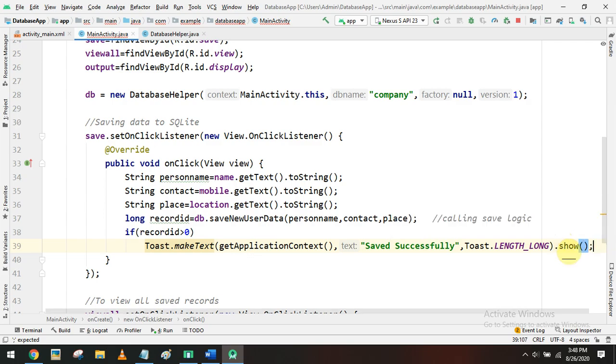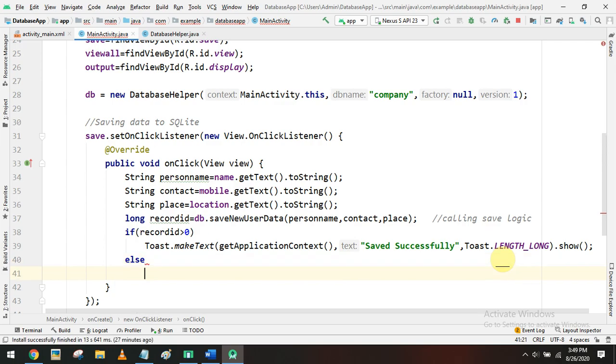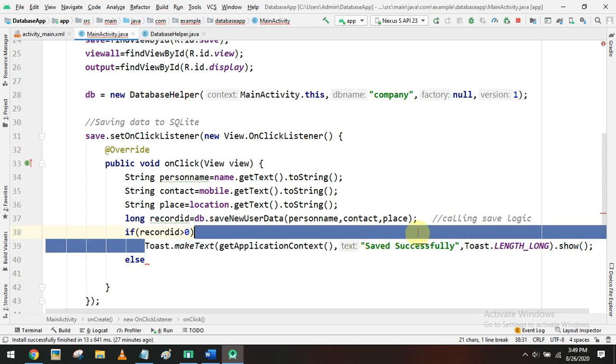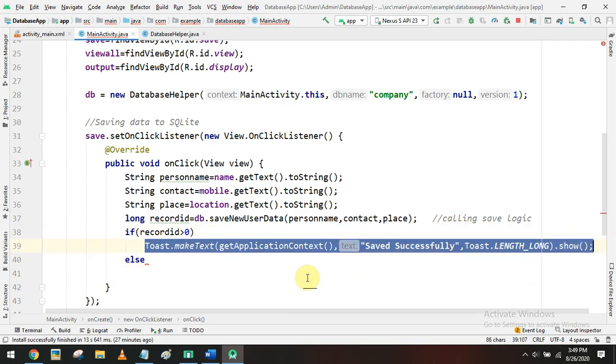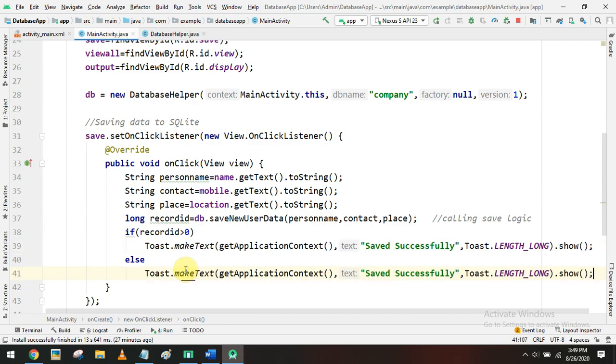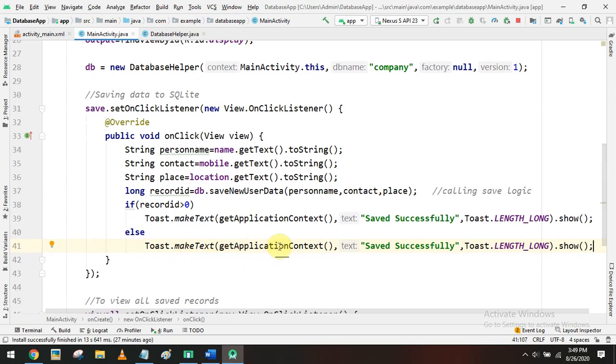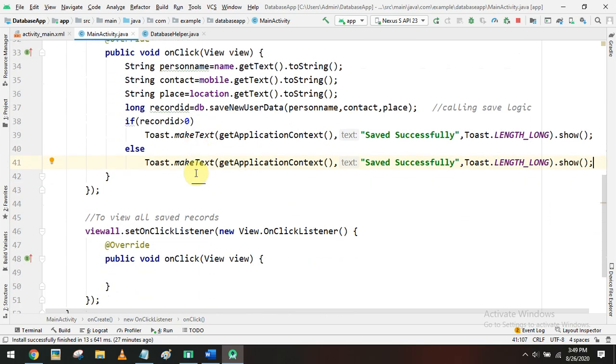Then call the show function. Else we have to display the error message. Okay, so now the saving part is done. Now we can verify the output, whether the saving functionality is actually working or not.